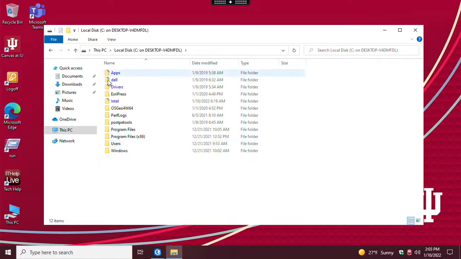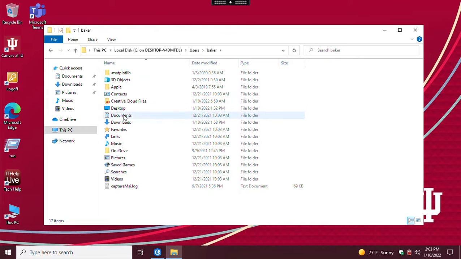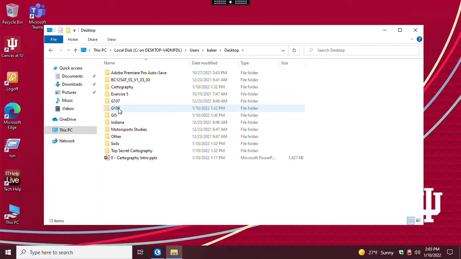So I'm going to go here, Users, and then you're going to find your name, probably the name of your computer, then the desktop, and there's the top secret cartography file that I was looking for. That's on my desktop, which I'm now accessing in my virtual desktop and virtual PC. I just want to showcase how we can connect to files in these two different